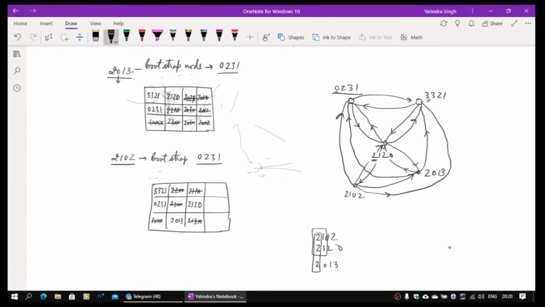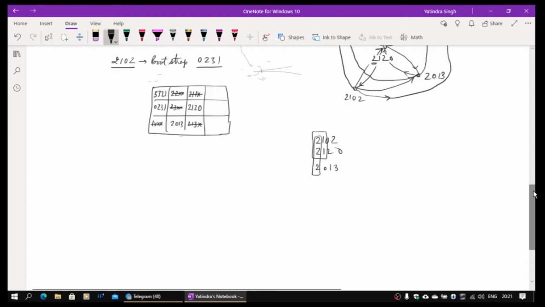So that's what is happening here. And then of course any one of these entries can only be there in 2013. That's the meaning. And this whole thing is now being mapped to 3312 and 023.